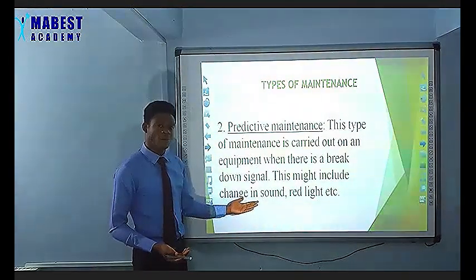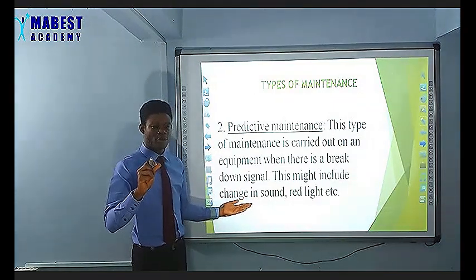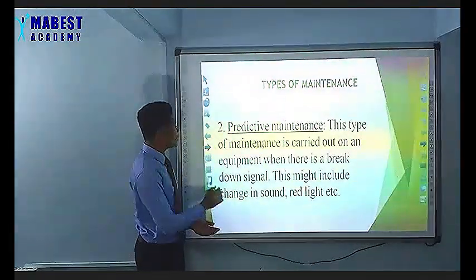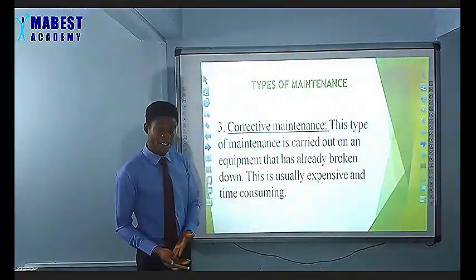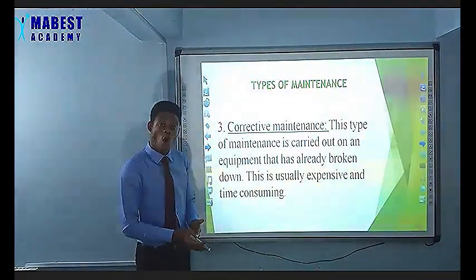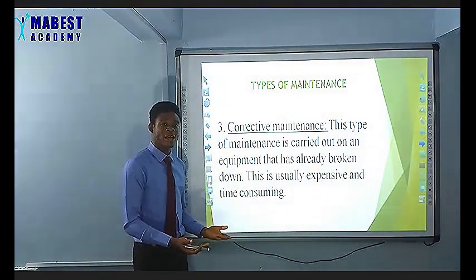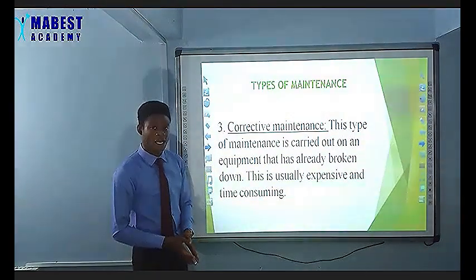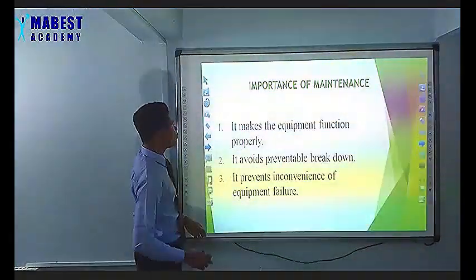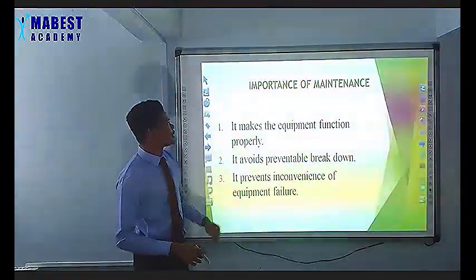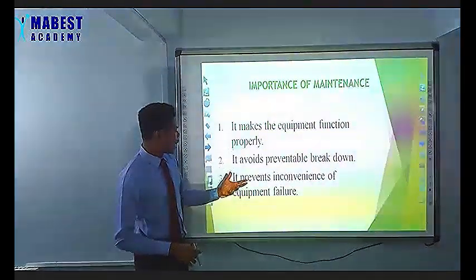And I gave you an example of this when there is what? A red signal from a what? From a car. While the third example is the corrective maintenance. Corrective maintenance is done on an equipment or an item when the item or equipment has broken down already. So you have to fix it and restore it back to its original shape or size. Now, our last point for today is the importance of maintenance. And I have 3 points